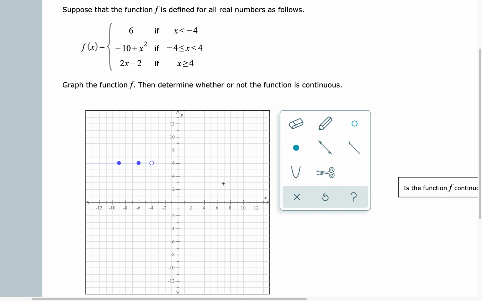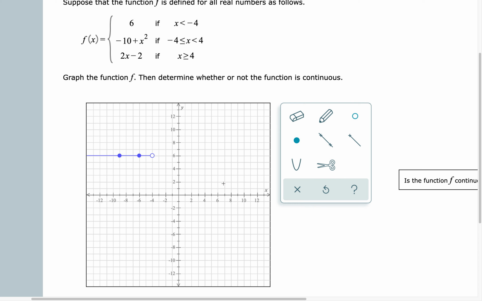Now we have that f of x is equal to negative 10 plus x squared if negative 4 is less than or equal to x is less than 4. So we have here, okay, so if x is at negative 4, so I'm going to have negative 4 squared is 16, negative 10 plus 16 is 6. So we have this whole plugged in. And then we have,